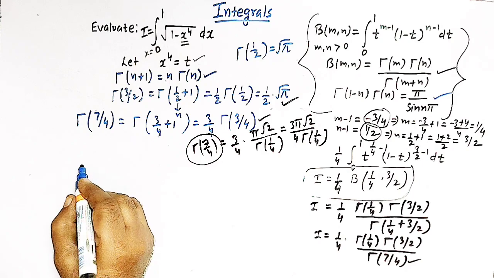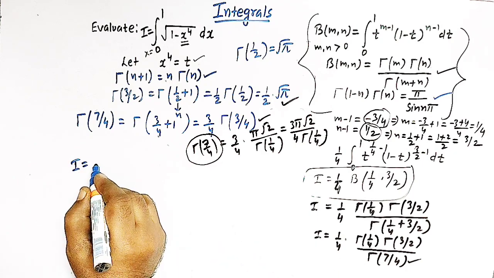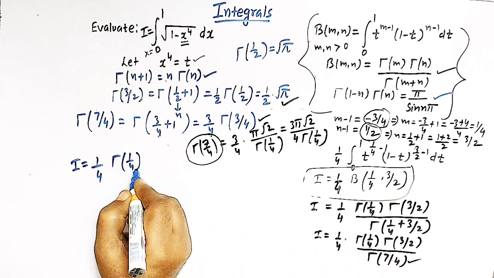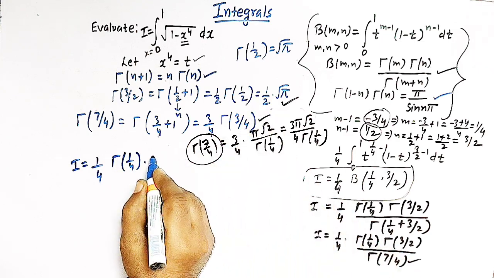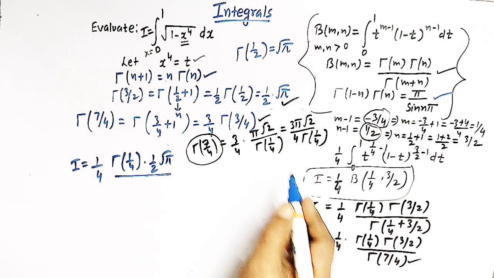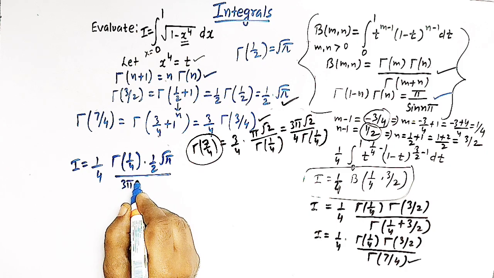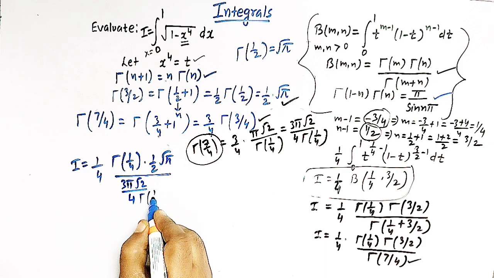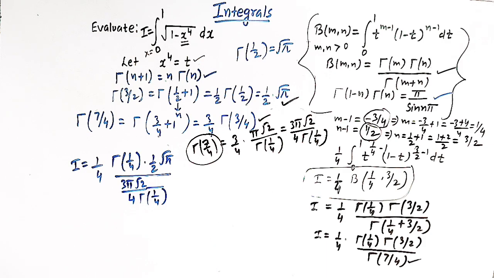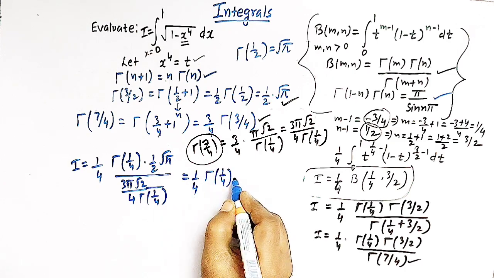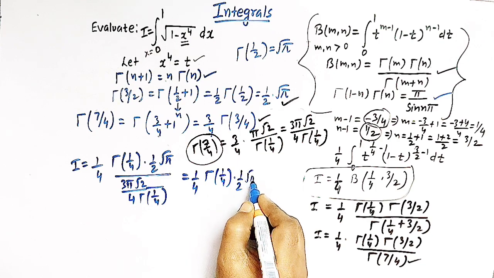So now we can write I is equal to 1 over 4. Then we have gamma 1 over 4, and gamma 3 by 2 is half root pi. And then we have gamma 7 over 4 as 3 pi root 2 divided by 4. And then here we have gamma 1 over 4, right? So let us rearrange the terms. So we have 1 over 4, then we have gamma 1 over 4, then we have half root pi, and